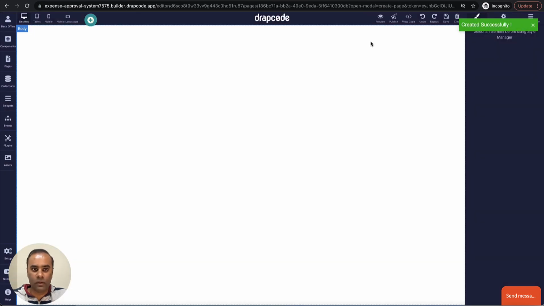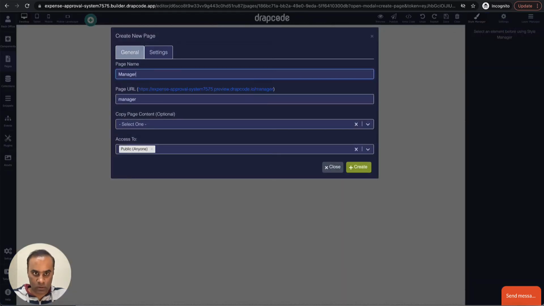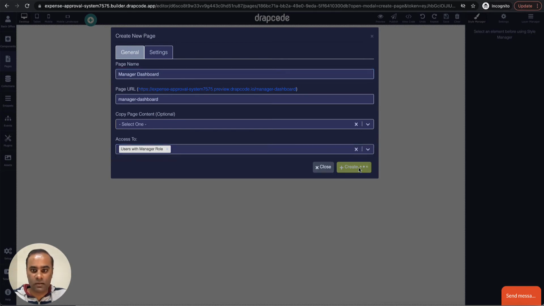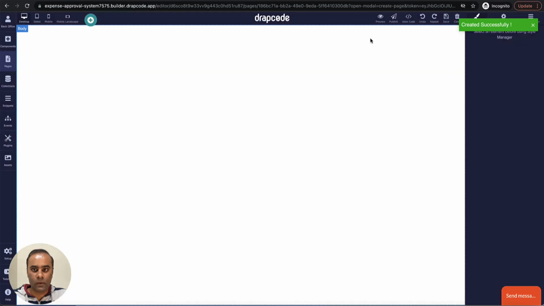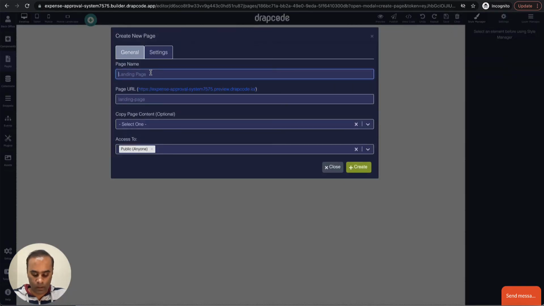Okay. Another page we need is the manager dashboard. Now in the permission we will say only a manager can access it. One more page we need is create expense by employee.